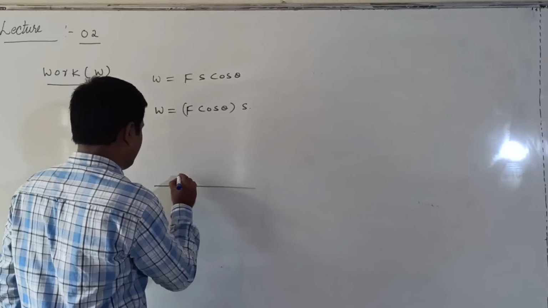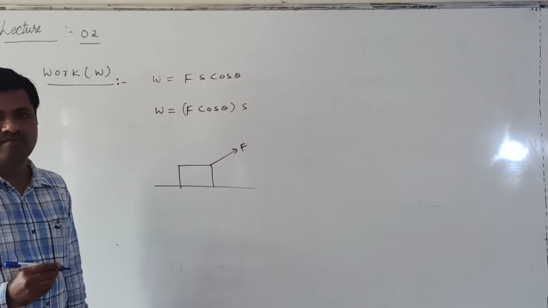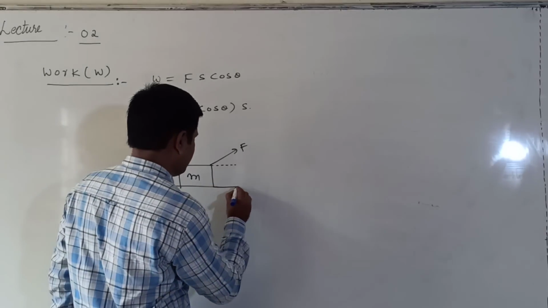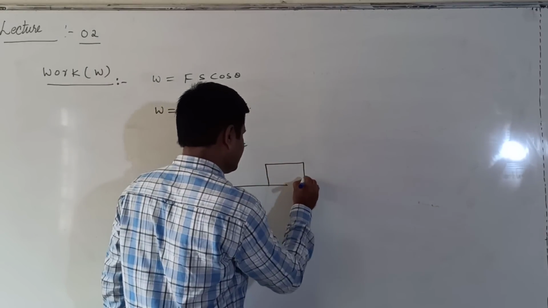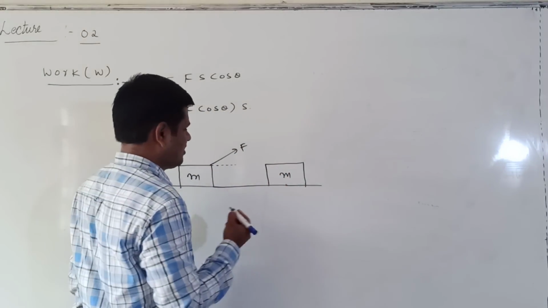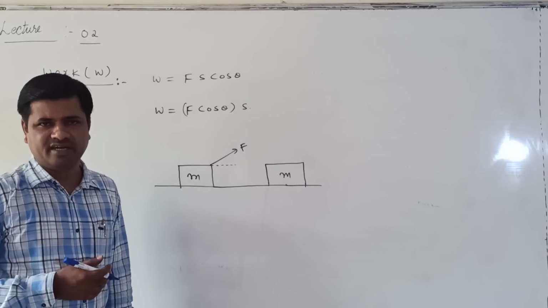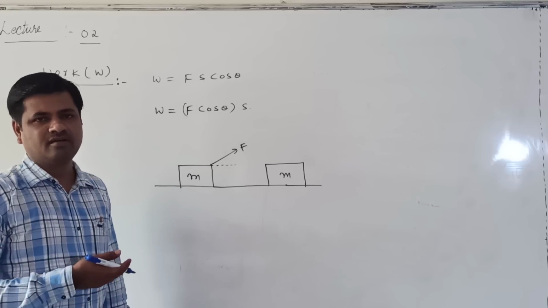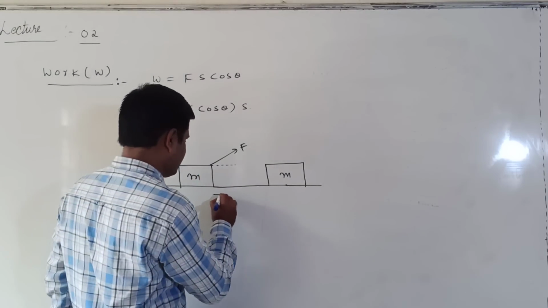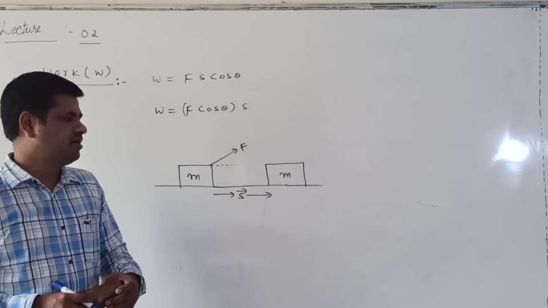Now listen here. This is a block of mass. On this block of mass I am applying the force in this direction. Now it displaces through a certain distance or certain displacement. Displacement means when we are not saying about the direction; when we say distance, we are saying the direction also. We take the certain displacement as S bar. Clear?